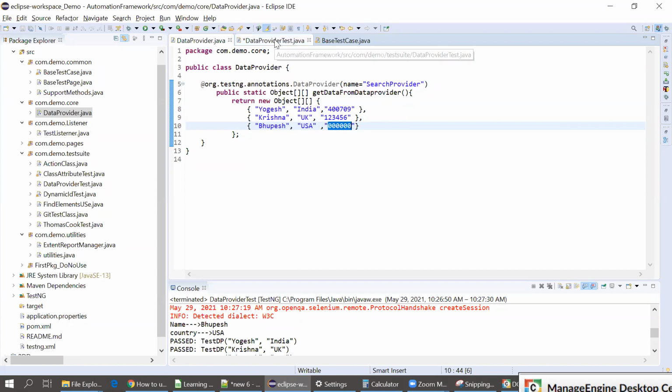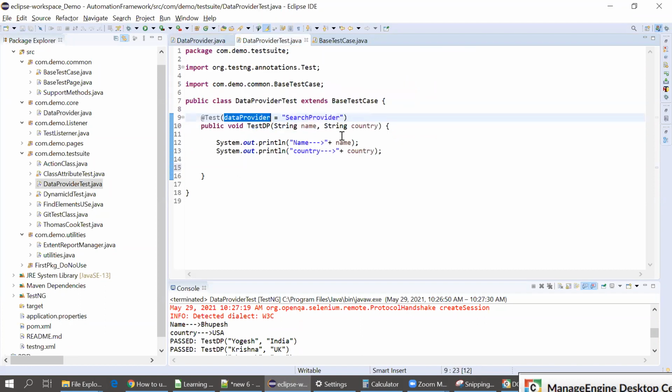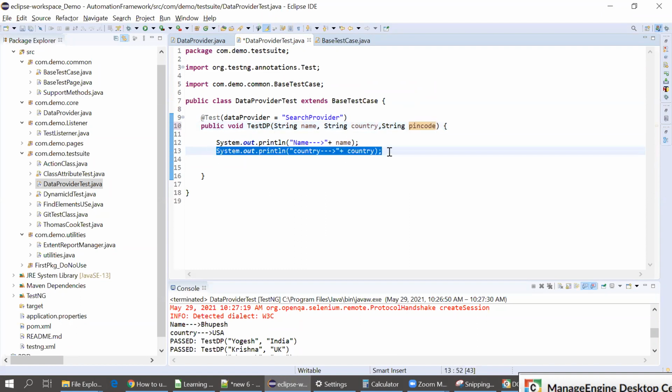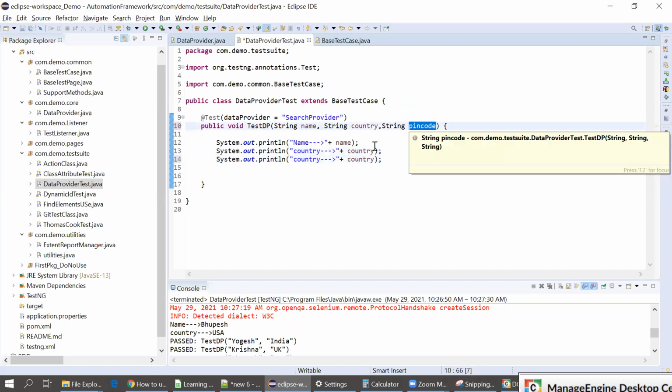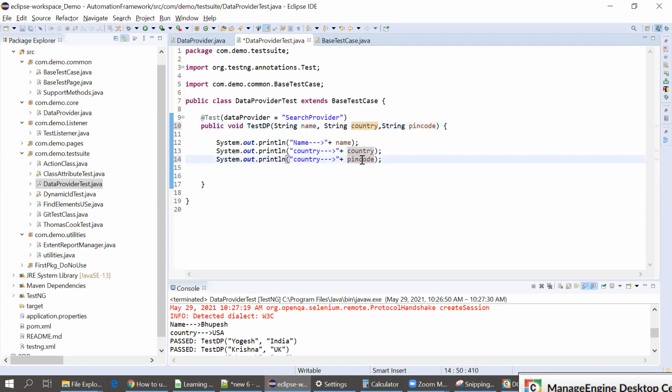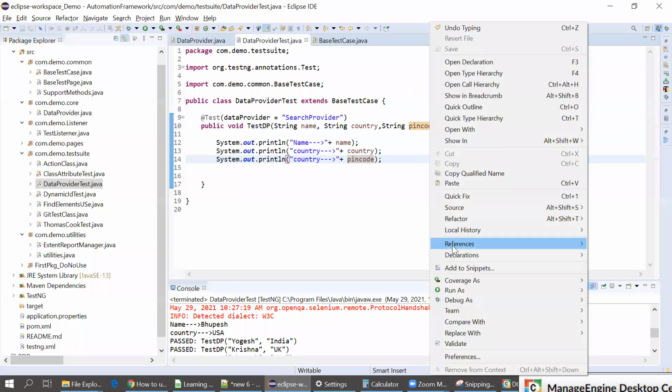How? I'll show you. This is actually a valid question. You should know this. String pinCode. Execute this.